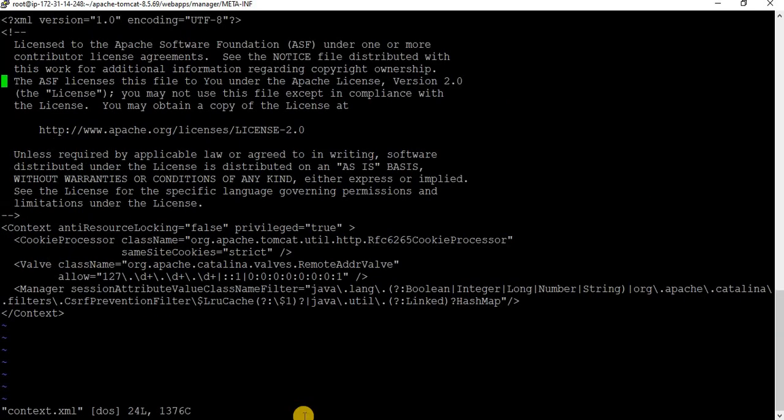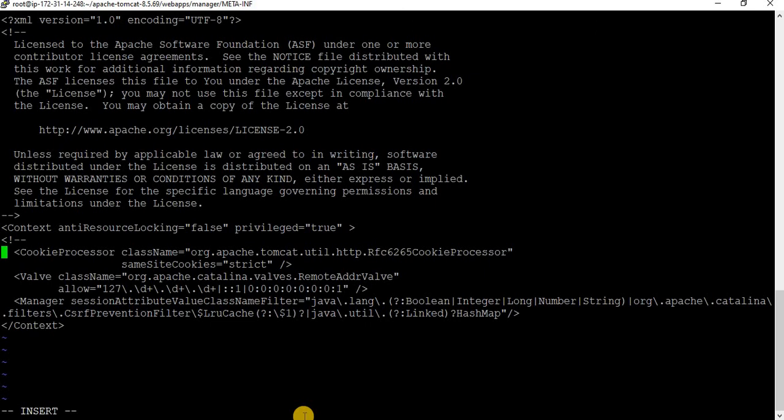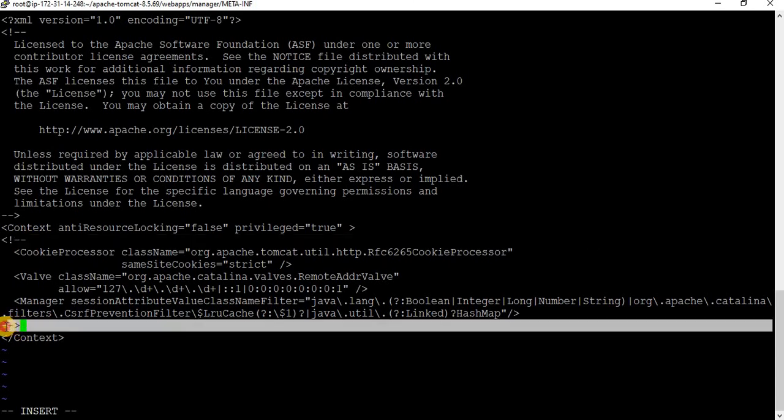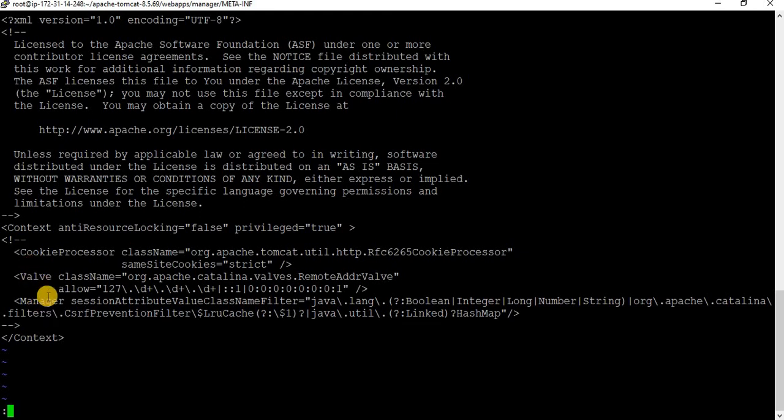Just comment here, because there was a host issue, so that's the reason. Come here, just press insert. So you are telling the script not to read from here to here. See, this has started here and ends here, so whatever execution you do, while reading this file it won't read this space. Just save it.